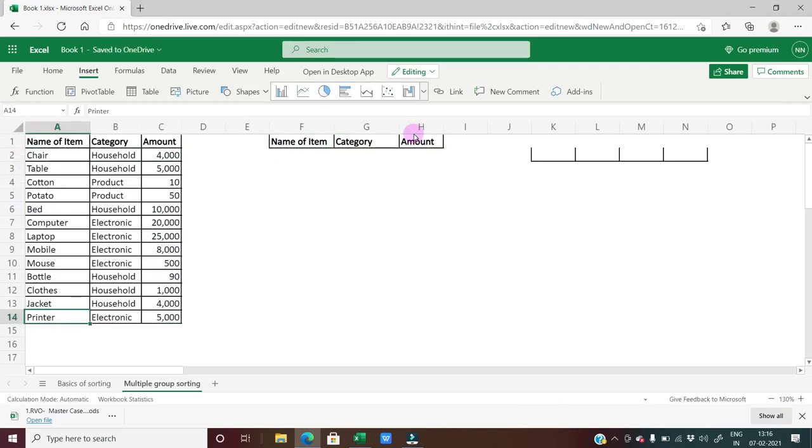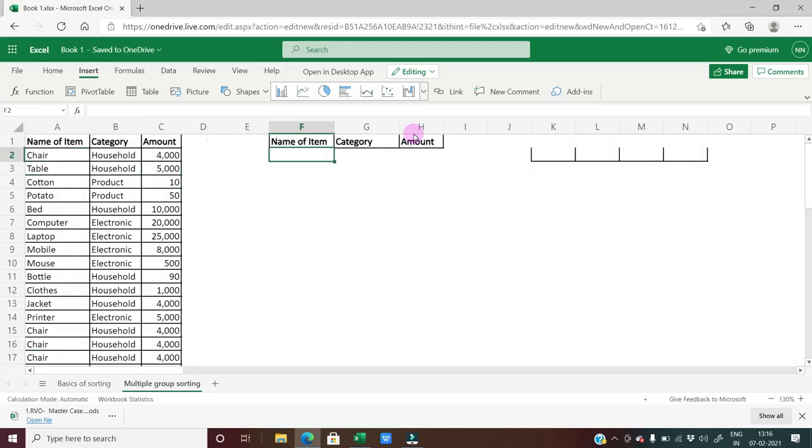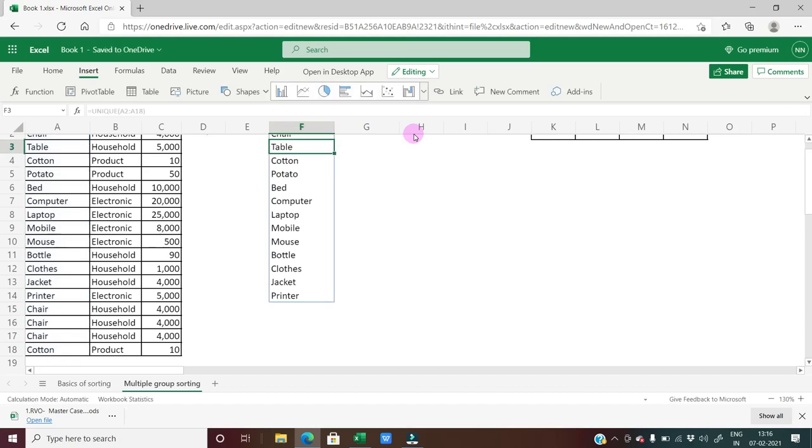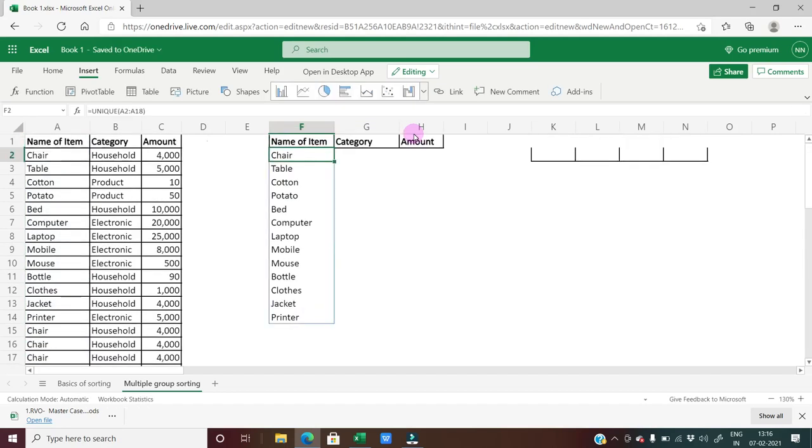Now if I add certain line items which are exactly the same, okay, if I add chair multiple times, and then I add table also to the data, and I want to know what the unique values in it are. Generally we use a pivot table to identify unique values, but now Excel has given the feature directly to us. I can go to UNIQUE as a formula, and in the array they ask me what array to select, and if I press enter, you can see it gives me directly what all things are unique in this.